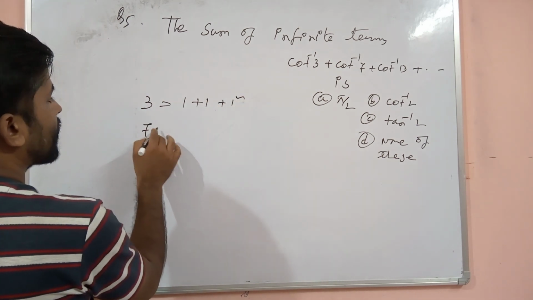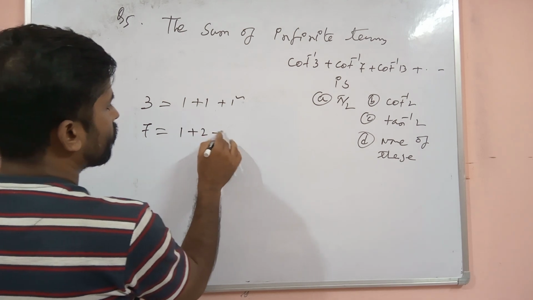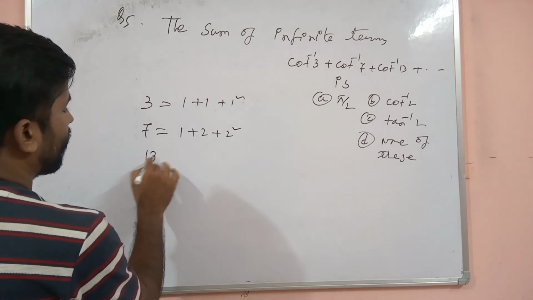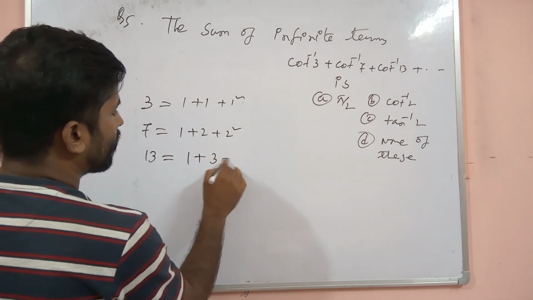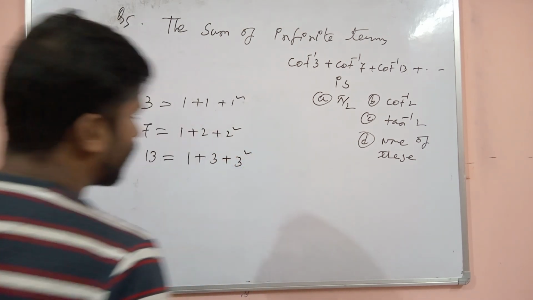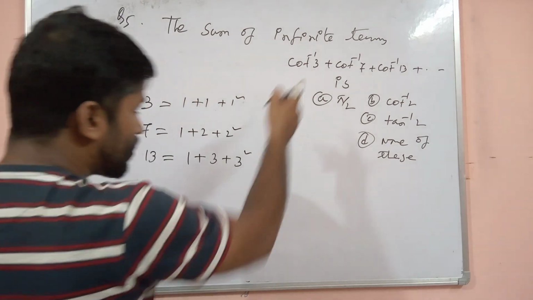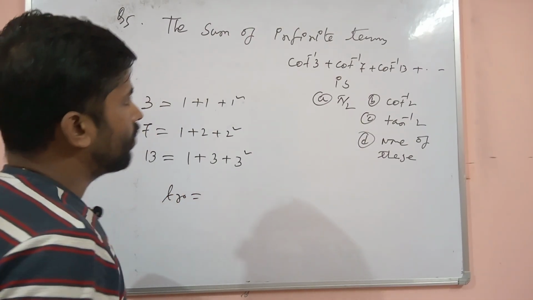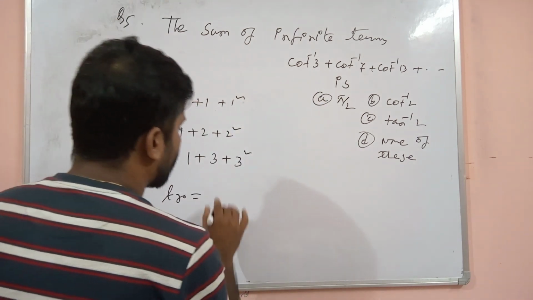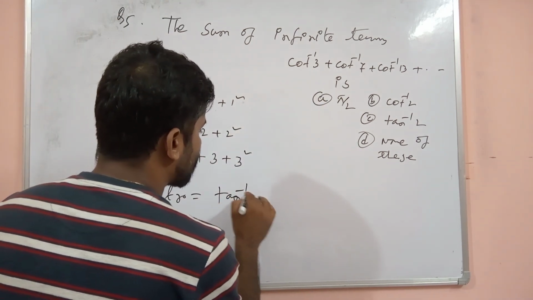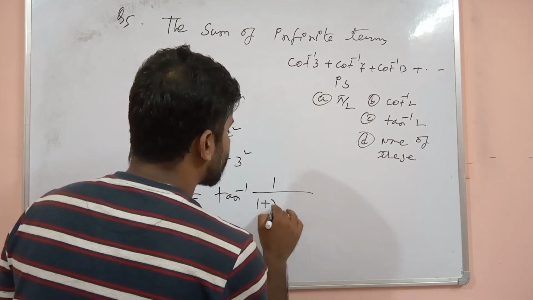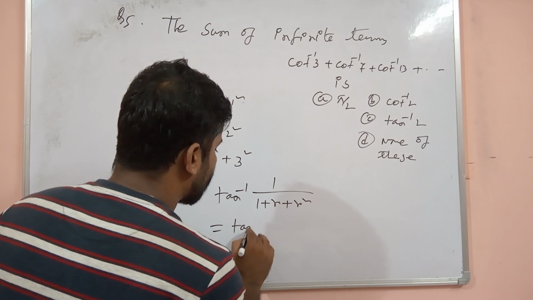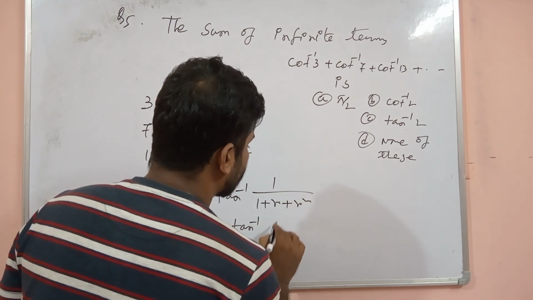Likewise 7 is equal to 1 plus 2 square, and 13 is equal to 1 plus 3 square. So its general term, with suffix r, if we convert cot inverse into tan, will be tan inverse 1 by 1 plus r square,